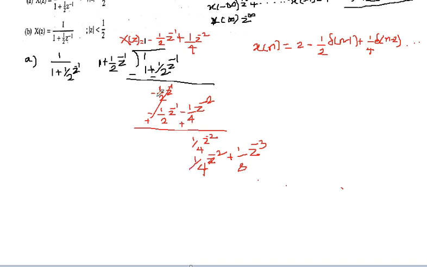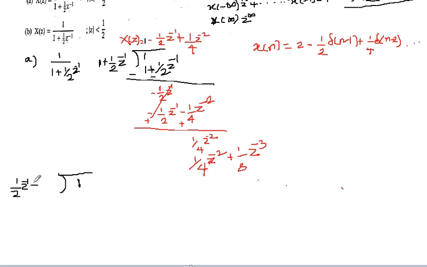So when z is less than 1 by 2 also, the process remains the same, that is division. So we have to divide the numerator by denominator, but in this case as z is less than 1 by 2 means we have to generate the positive powers of this result. So it would be 1 divided by, in this fashion, 1, and to generate the positive powers of our result we don't have to write it in this fashion, so let's write it as 1 by 2 into z raised to minus 1